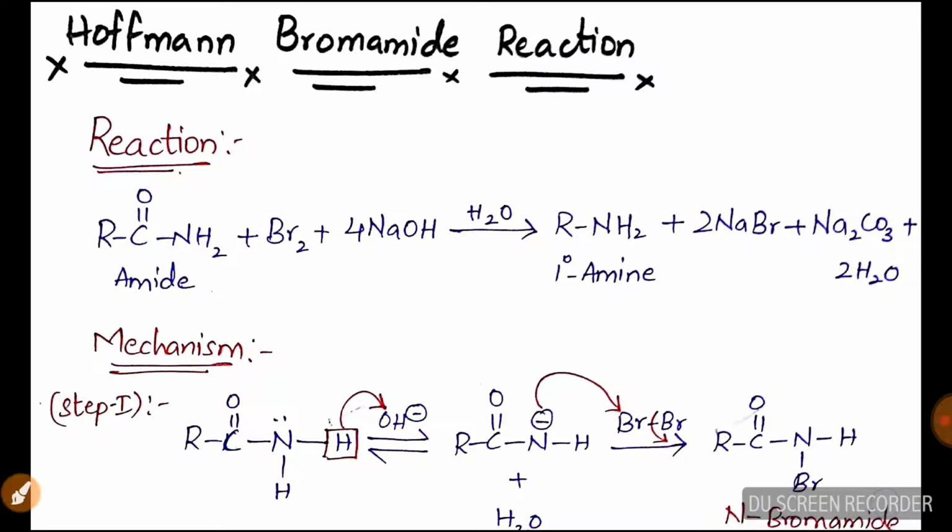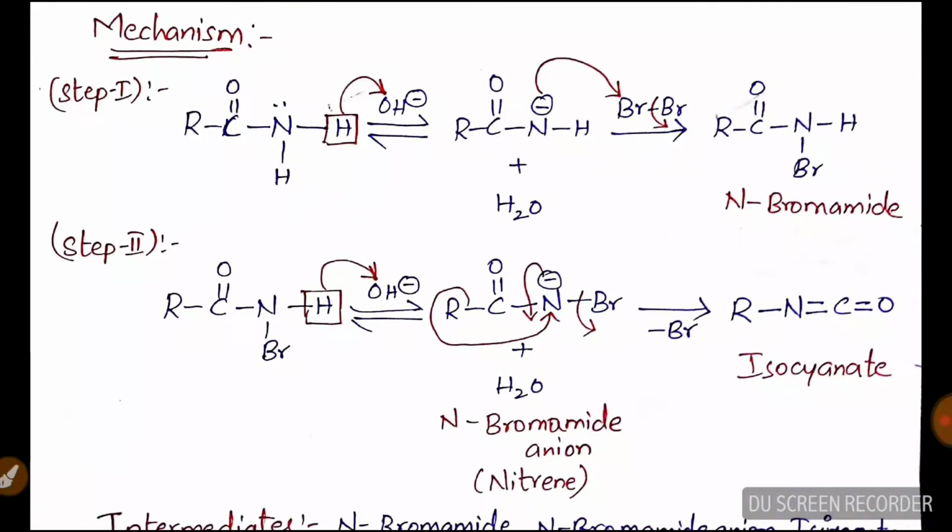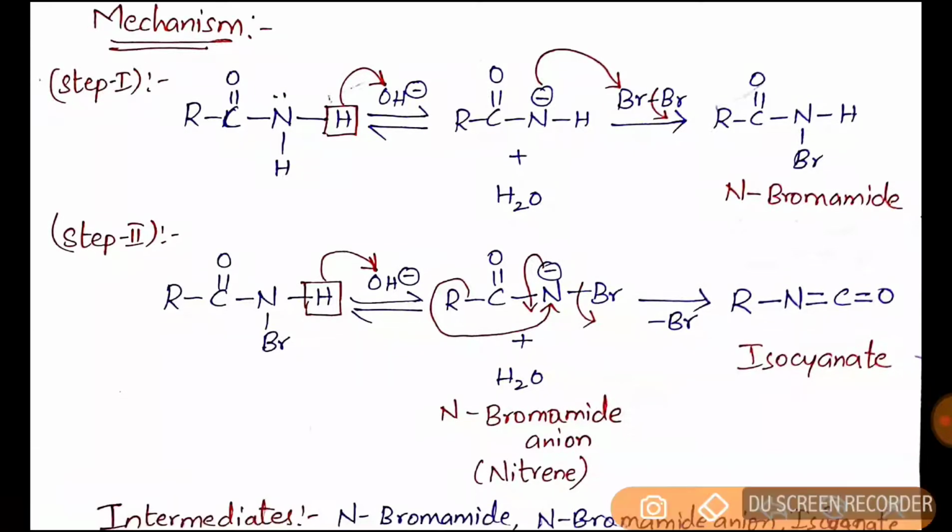Coming to the mechanism, I'll just roll it down. As I've told you before, there are 3 steps in this mechanism. I've just simplified this reaction by dividing this mechanism into 3 steps, guys. If you feel that this mechanism is hard to remember, or if you're not an organic chemistry student, you can just skip the mechanism part of this video and see the trick. In the overall mechanism, only this part, the amide group, reacts with the reactants. So in the first step, in step 1,